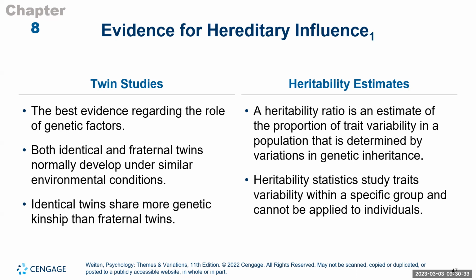And then on the other hand, think of 4 identical quadruplets, right? They are identical. That means that their genes are the exact same. So think about them growing up in different environments. One grows up in California, one grows up in New York City, the other one grows up in Alabama, and then we have another one that grew up in Alaska, right? So we've got four identical quadruplets, and they grow up in 4 different environments. And then we test them on intelligence, okay? Heritability is not a factor anymore because environment plays a bigger role. They grew up in totally different environments, so their IQs are very different now because they grew up in different environments, right?